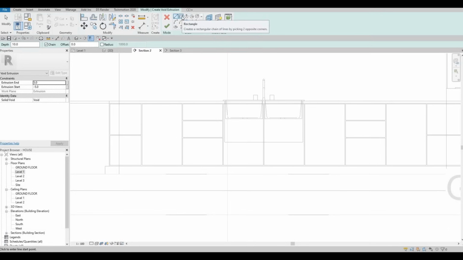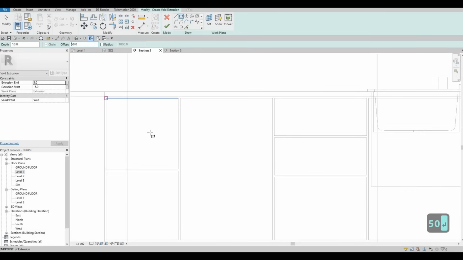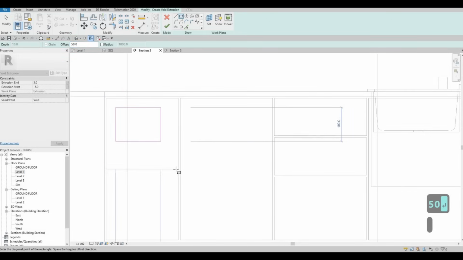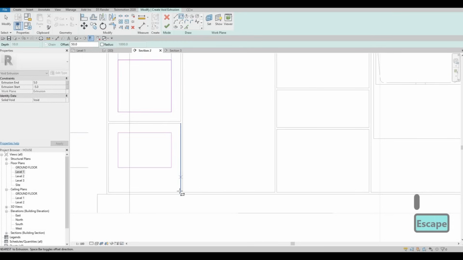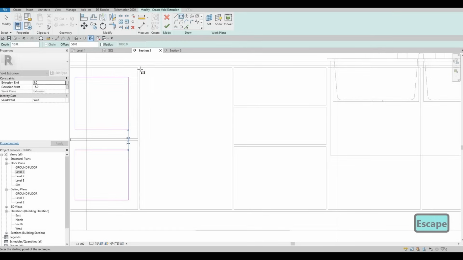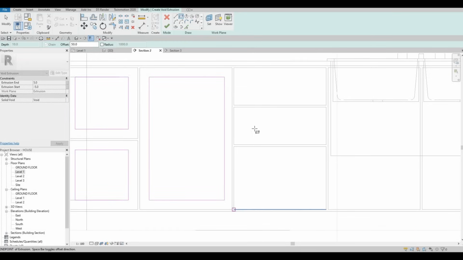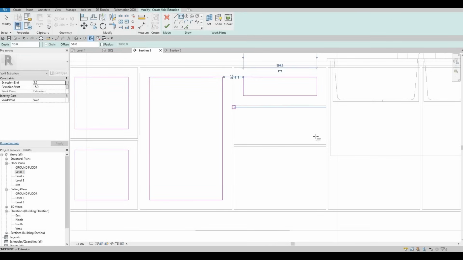Now we're going to create a rectangle and then click on 50 here, offset. Let's check it. Make sure this one looks good. And we just need to add all of those. So we're just adding all of those